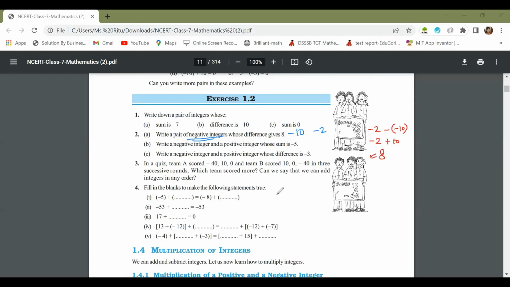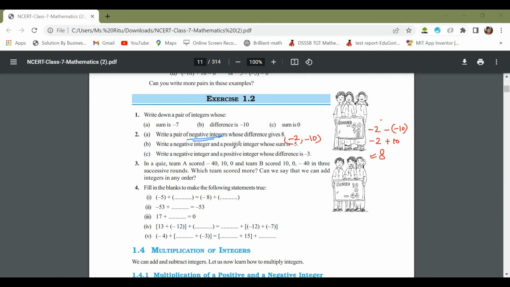तो आपको सोचना इस तरह से, दो नेगेटिव इंटीजर जिनको माइनस करने पे 8 आंसर आए। तो आपको नेगेटिव लेने हैं, बट जो बड़ा नंबर रहेगा प्लस होने के बाद वो आपको राइट साइड रखना है, क्योंकि आंसर जो है पॉजिटिव वे में है। अगर -8 आंसर चाहिए होता तो जो पहले किया था वही फॉलो करना है। तो इस केस में पेयर ऑफ नेगेटिव इंटीजर क्या हो गया, -2, -10। तो ये हमारा आंसर हो जाएगा इस केस में, और सॉल्व करके दिखा देंगे जैसे मैंने अभी आपको यहाँ राइट साइड में करके दिखाया है।